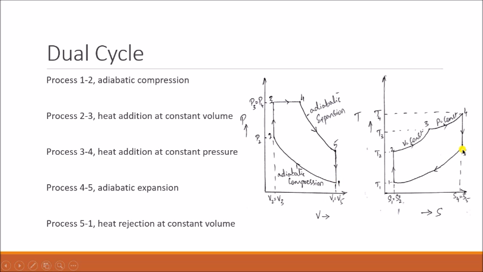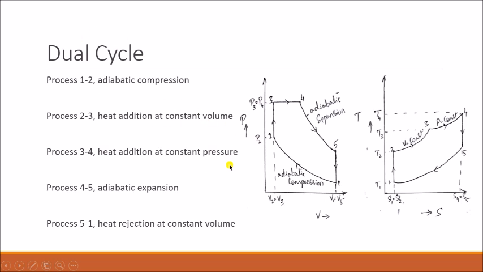Whatever the initial condition was at the beginning of the cycle, that same condition has been attained. Same way, the temperature reduces from T5 to T1, and the entropy reduces from S5 to S1. So now all the initial conditions have been met. Now again the same air is used and the cycle is repeated. So this is your dual cycle. We call it dual cycle because of partial heat addition at constant volume and partial heat addition at constant pressure. That's why it is a combination of 2 cycles.